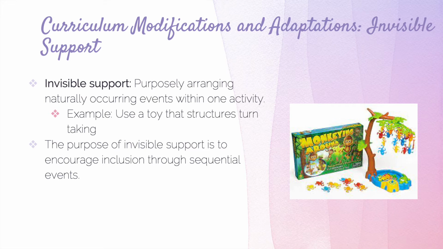So the penultimate curriculum modification discussed in this presentation is invisible support, which has to do with purposely arranging naturally occurring events within one activity. The main purpose of invisible support is to encourage inclusion. For example, try using a toy that structures turn-taking. So for example, as you can see with the picture to the right, the game, called Monkeying Around,